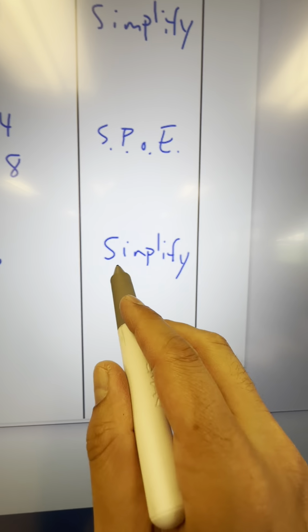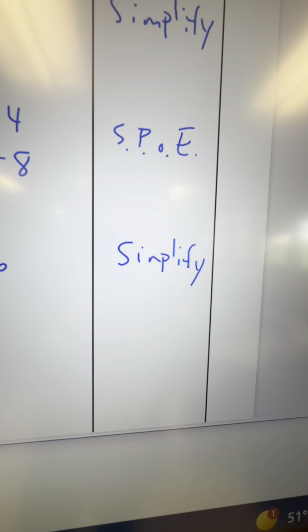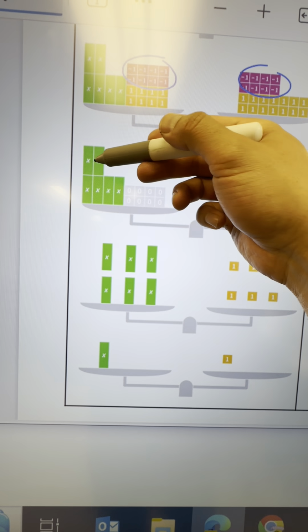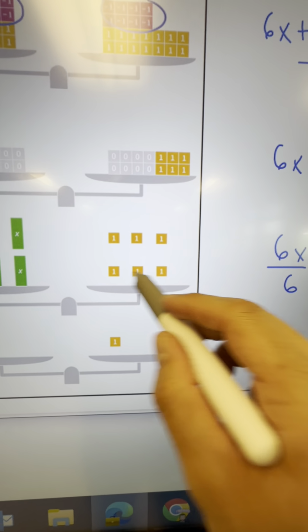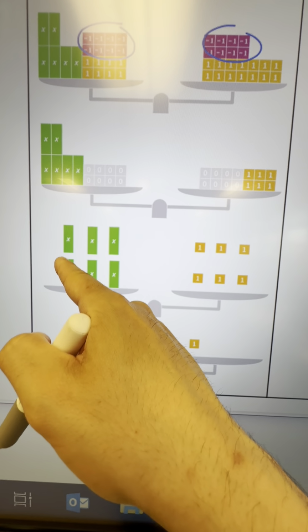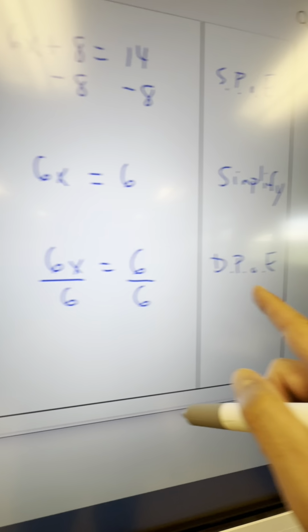So the reason for this part is that we're simplifying. Again, when you combine your like terms, it's simplifying. And now we can see here that these 6 x's were split up into 6 groups, and these 6 ones were also split up into 6 different groups. When you split up into equal groups on both sides, this is called division property